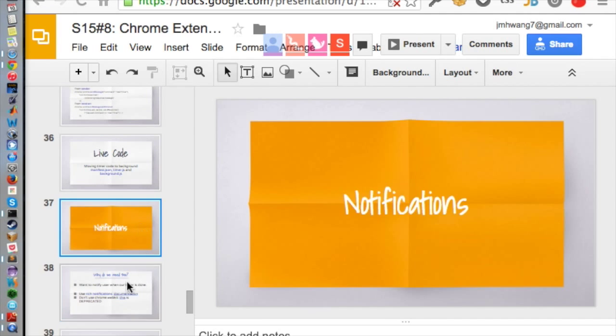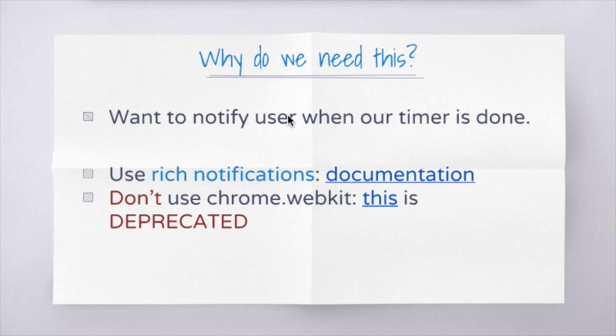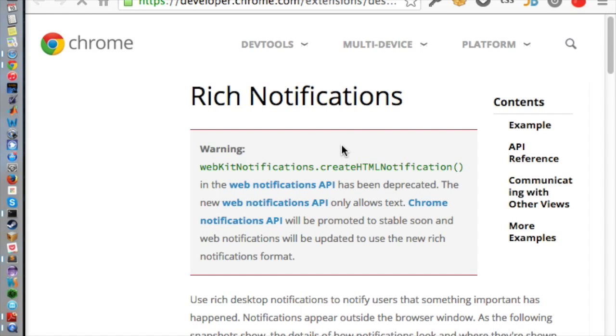Okay, so notifications. We want to notify the user when our timer is done. You want to use rich notifications, which is the way that you can make notifications for Chrome apps as well as Chrome extensions. Do not use chrome.webkit, which is what the developer guide actually tells you to use, because